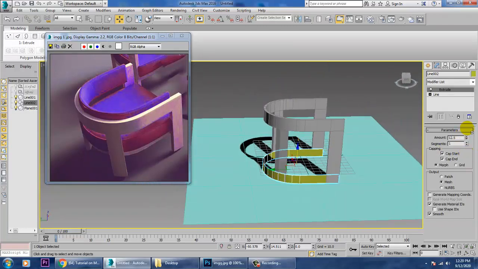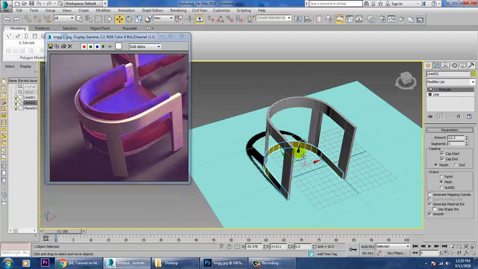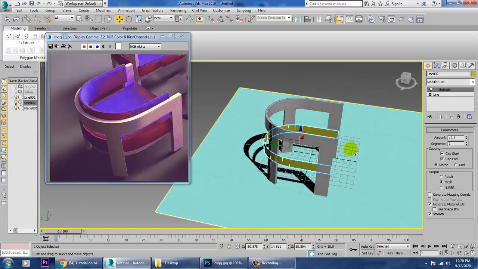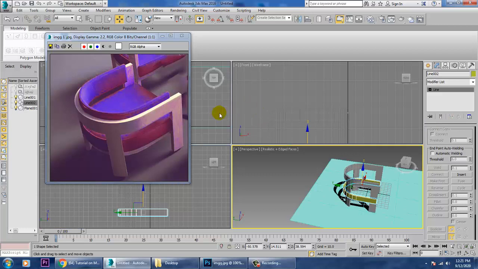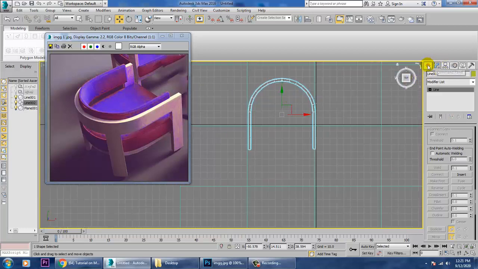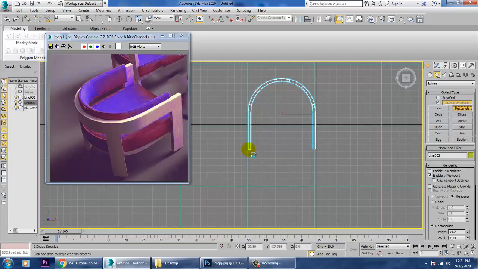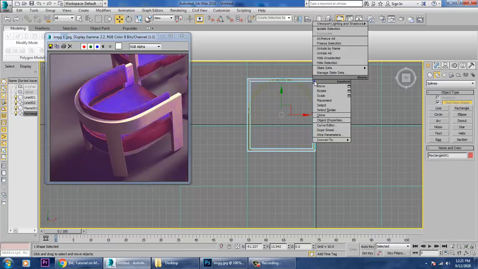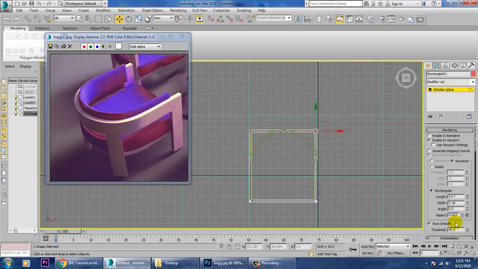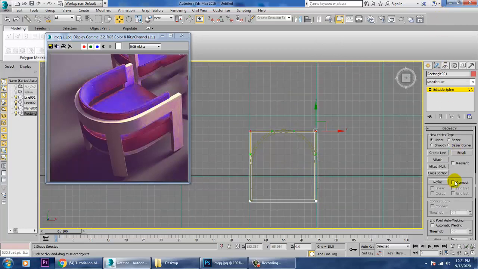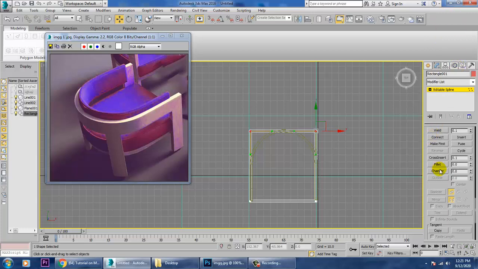So what we'll be doing over here is, we need to close that. If you close it, then only it will give you a perfect shape. So instead of taking a line, what we'll be doing right now is, we'll be taking a rectangle over here in this way. So right click, convert to editable spline, select these rectangle vertices and let's give a bit of fillet to it.